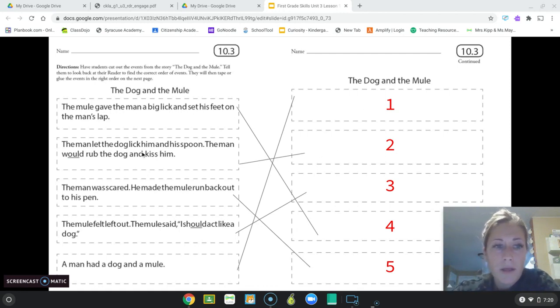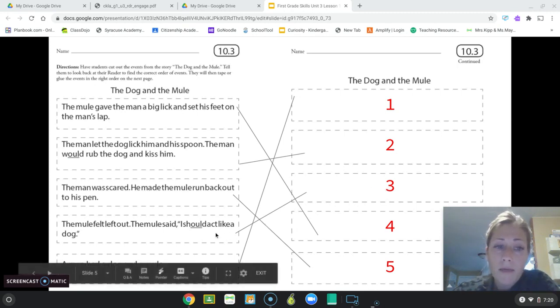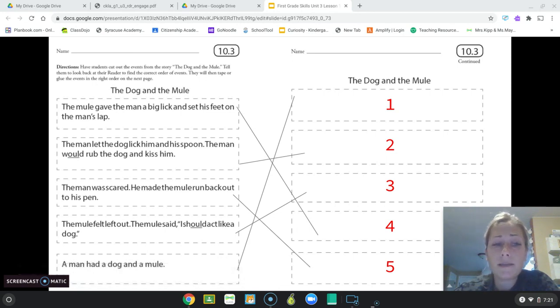Next, the man let the dog lick him and his spoon. The man would rub the dog and kiss him. All right, that happened second, so that goes in the spot that says number 2. The third event that happened in the story was the mule felt left out. The mule said, I should act like a dog,